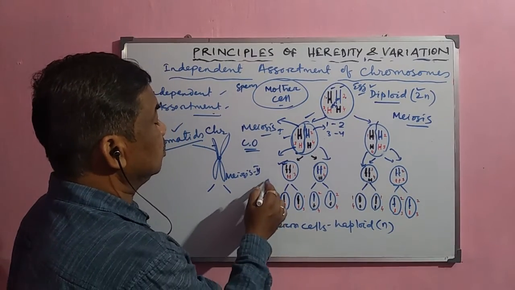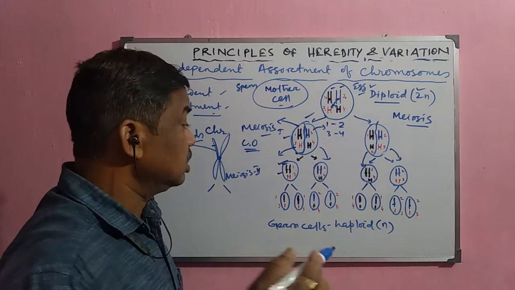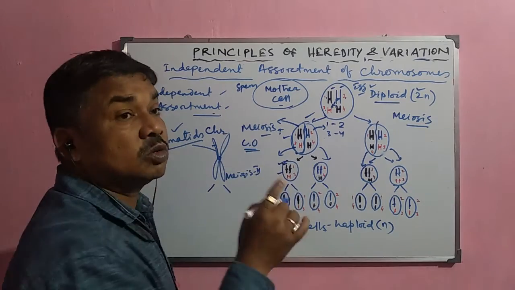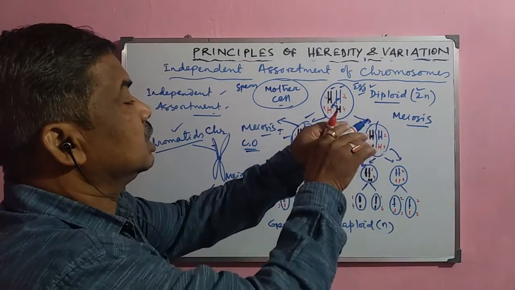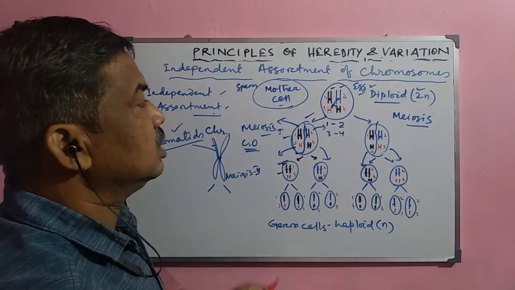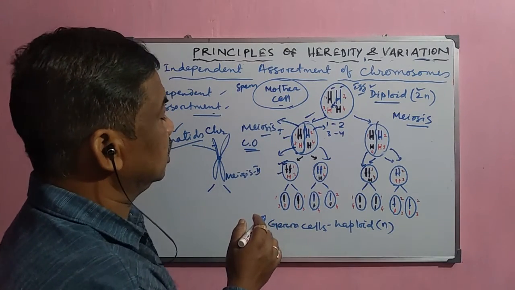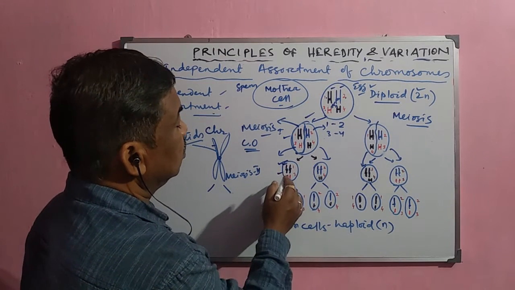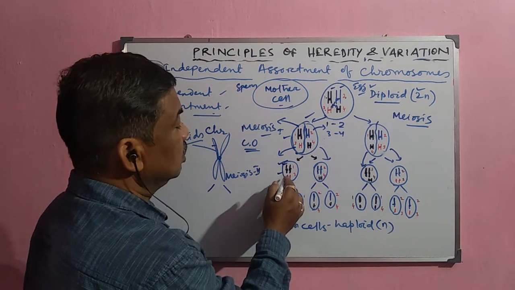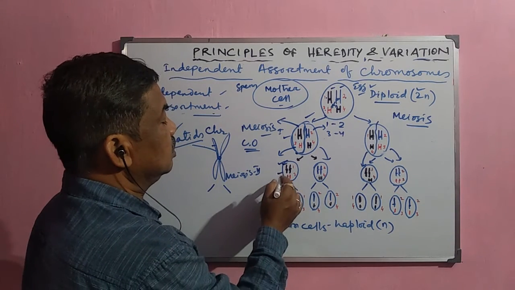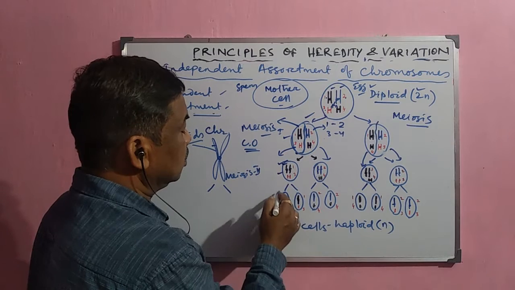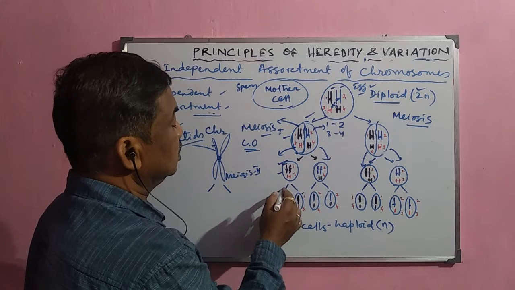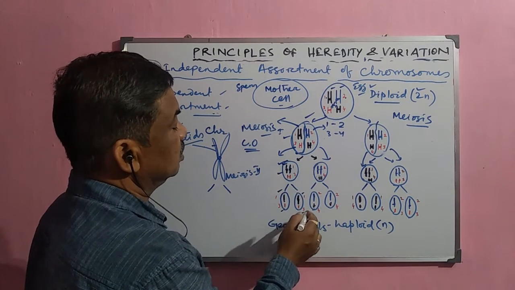Now in meiosis 2, which is similar to mitosis, they split and their chromatids actually split here. But during meiosis 1, normally just 2 chromosomes reunite and separate, so there is no splitting of chromatids, but here the splitting of chromatids from the centromere occurs. Now each chromatid of the chromosome moves to one gamete. Here one chromatid of chromosome 1 comes here, another chromatid of 1 is here, and one chromatid of chromosome 3 is here, and another chromatid of 3 here.